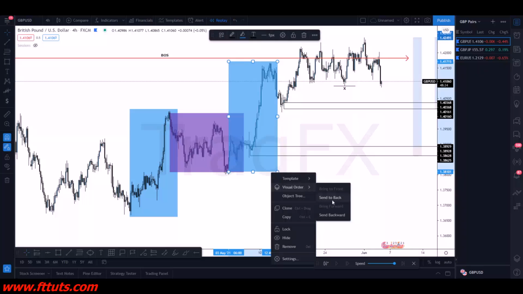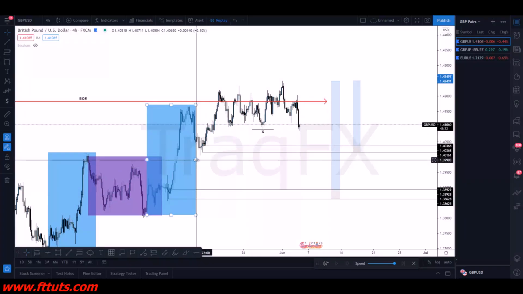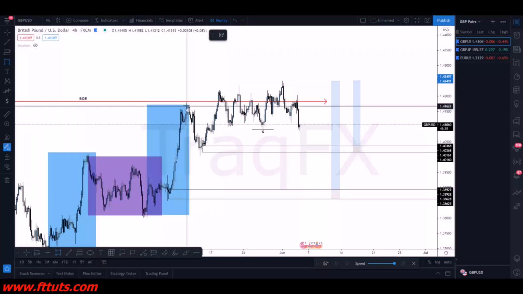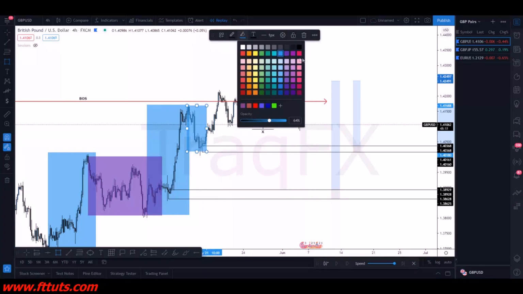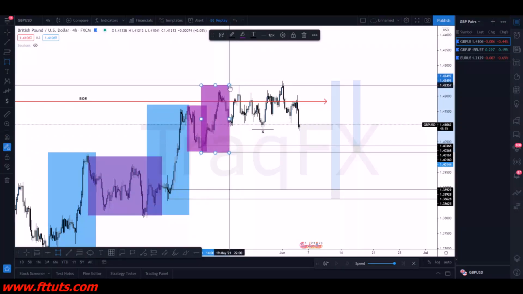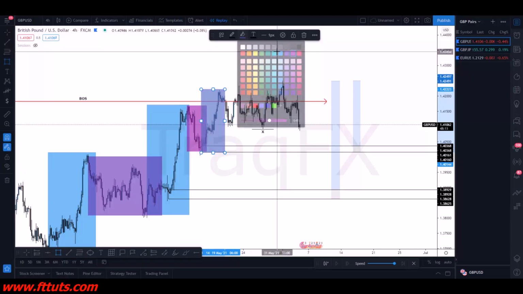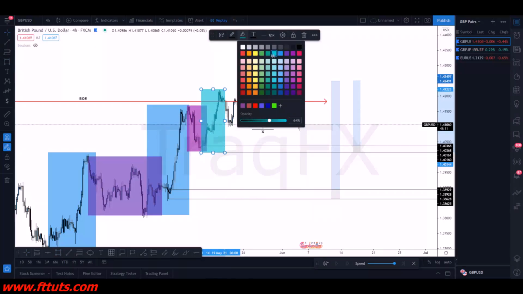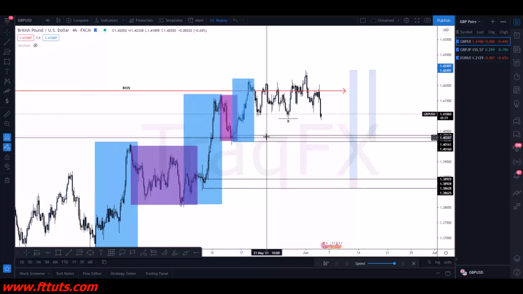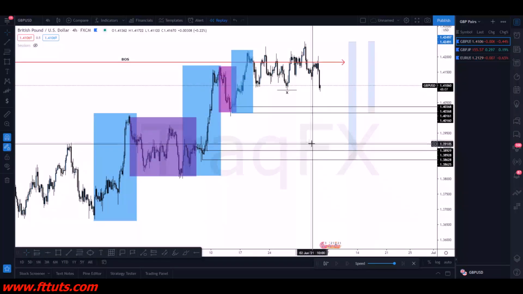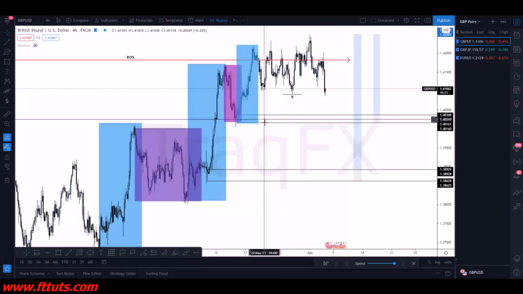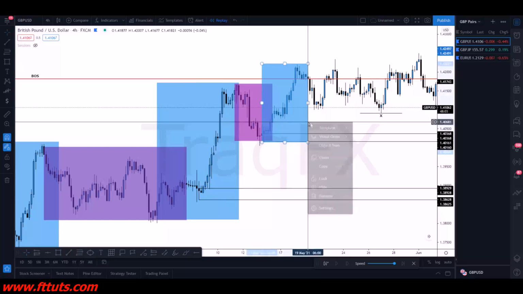Another expansion right here. Now, price ends up retracing right here. Let's put that as purple. And then it re-expands back up. Now, this is what I'm trying to show you guys. Price is going to come back to the biggest moves. In this case, and I'll get into that, but it's going to come back to the biggest moves that broke